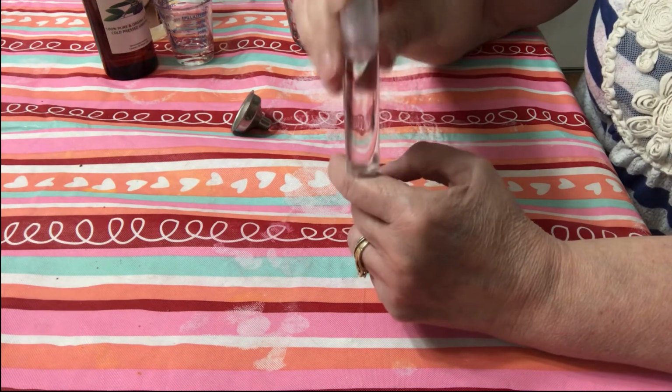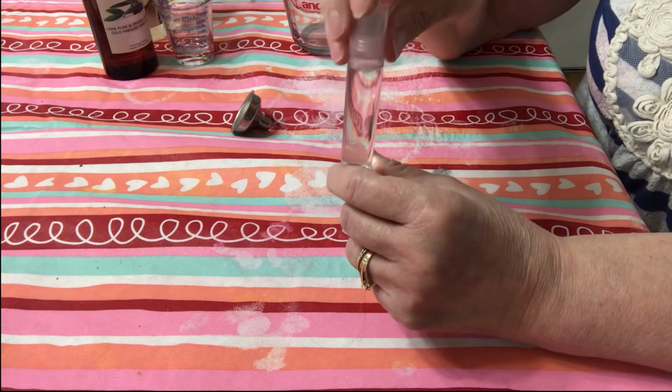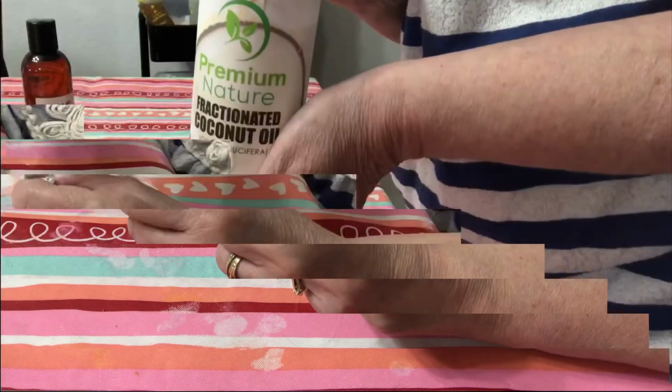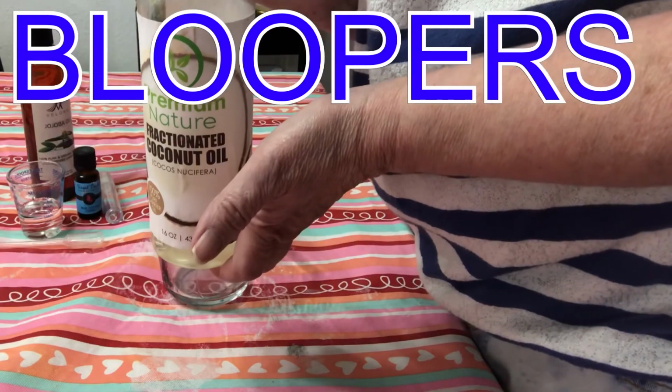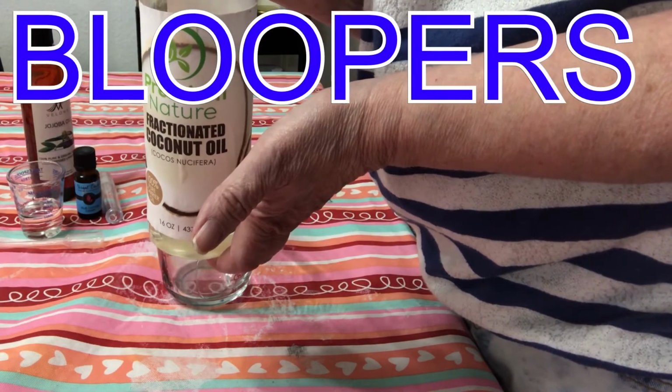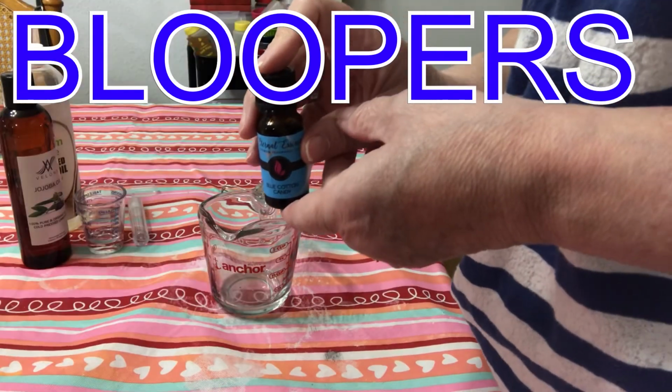It is quick and easy. You just put it on to hydrate your lips and make your lips taste good. While it increases the essential oil, just fractionated coconut oil leaves lips feeling silky smooth without feeling greasy. You can use whatever